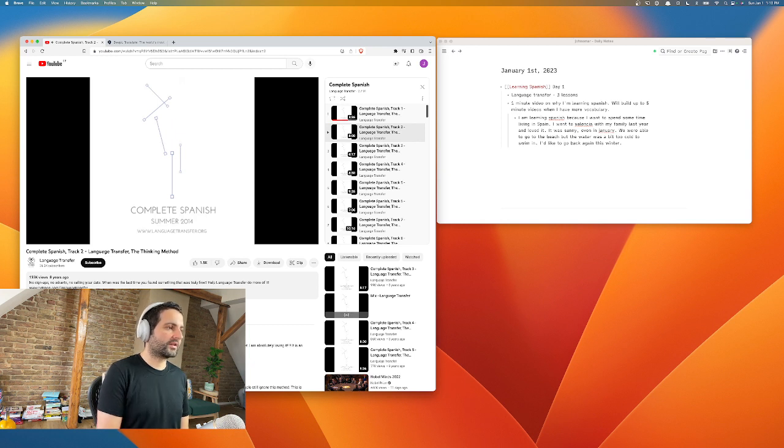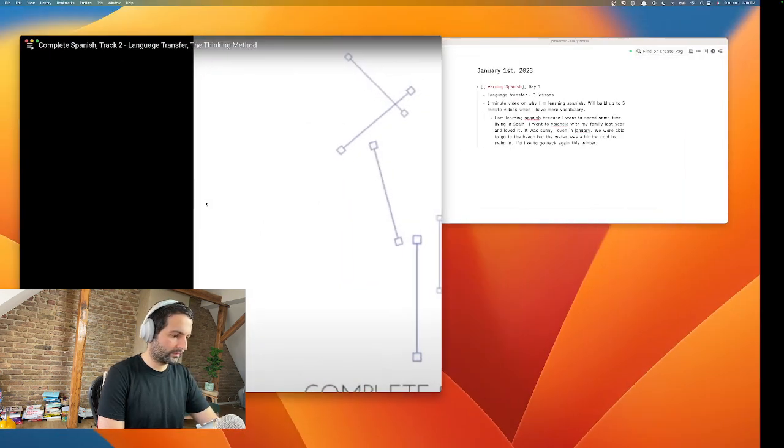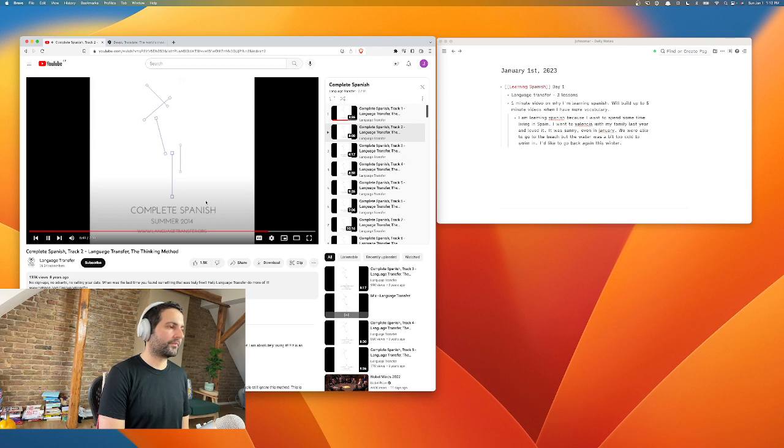Dental. Tooth in Spanish is diente. So this is coming from dental. If you look up tooth in the dictionary and you find diente, rather than treating it as a random piece of vocabulary that you have to memorize, you can relate it back to dental. Like dental, it comes from there. And this is useful for memory.